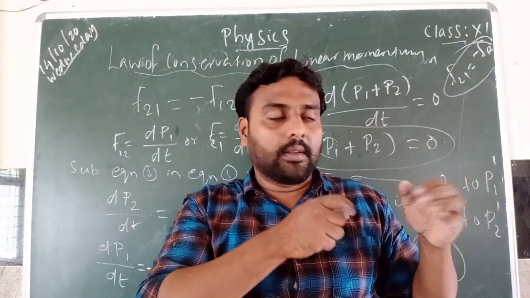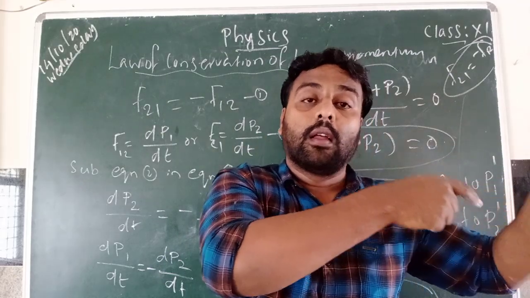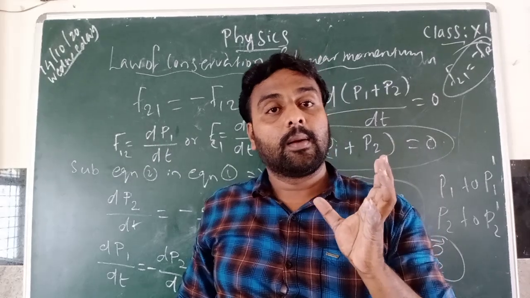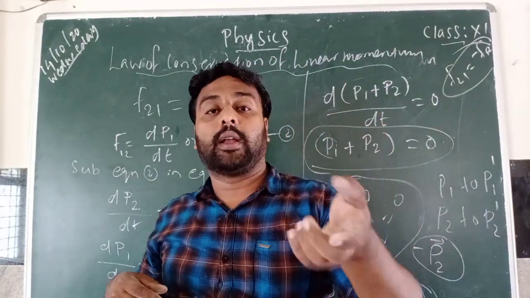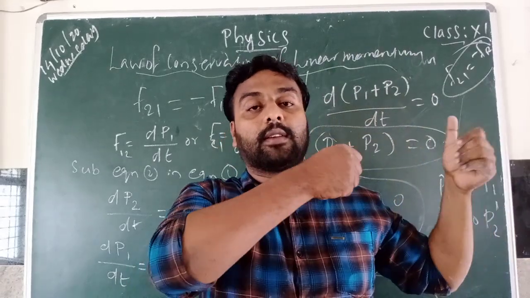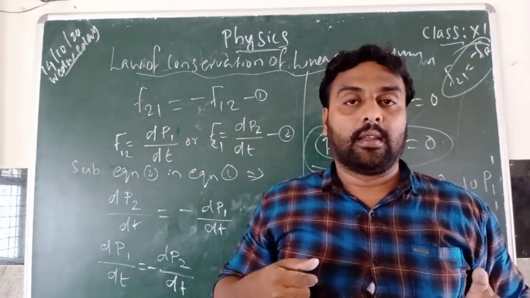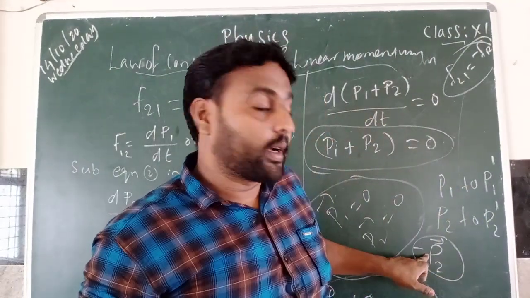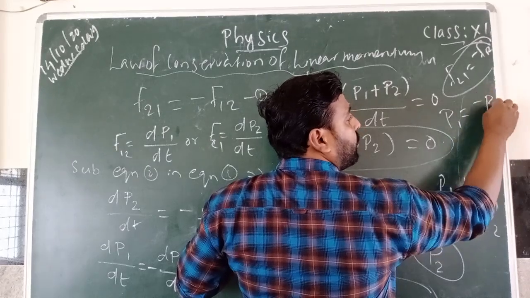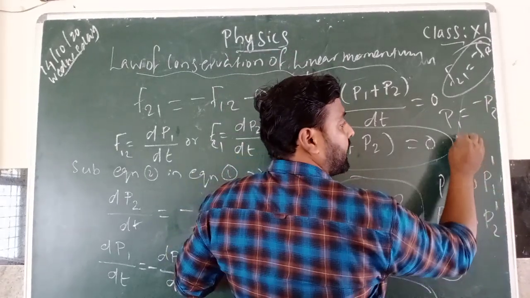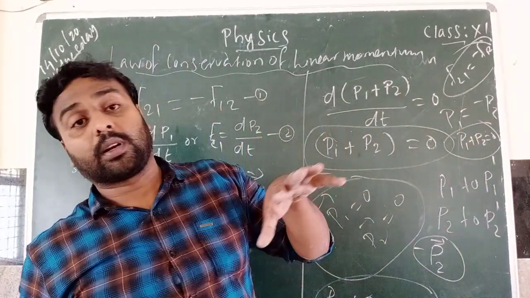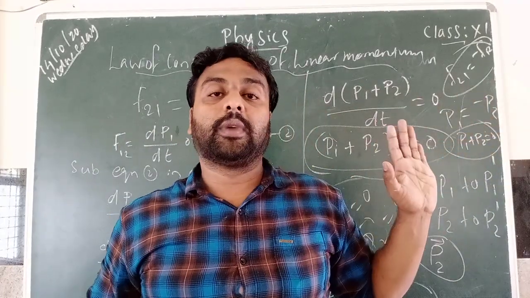once we fired, the gun moves forward. Because of the bullet, the force from the gun makes the bullet move forward, but the force which is produced on this bullet makes this gun move in the backward direction. So we can tell that during this, momentum P1 is equal to minus P2. So the total linear momentum is P1 plus P2 equal to 0. So here linear momentum is conserved.